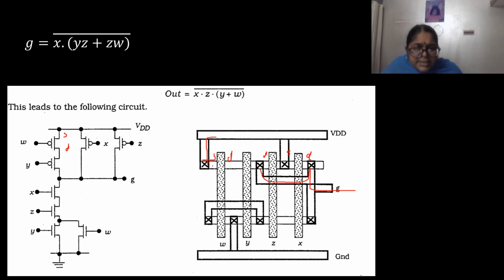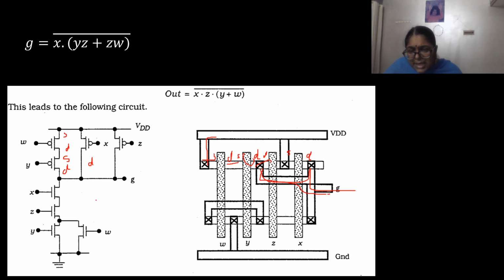So then what about this transistor Y? You check this transistor Y: the source of Y and the drain of W are connected together. So this will be the source of Y, because the source of Y and the drain of W are connected together. Obviously the other side will be the drain. So the drain of Y and the drain of Z are connected together, and that is given as the output. This is for the PMOS side.